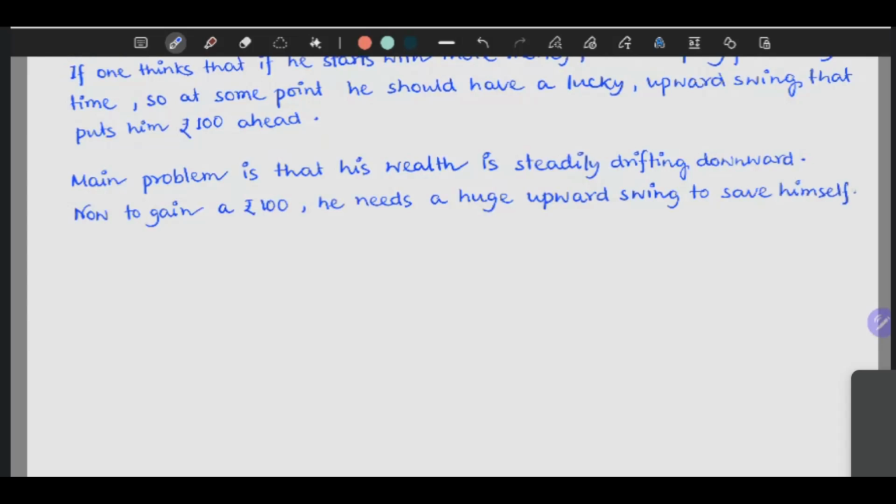So as time progresses, he needs much longer jumps, and